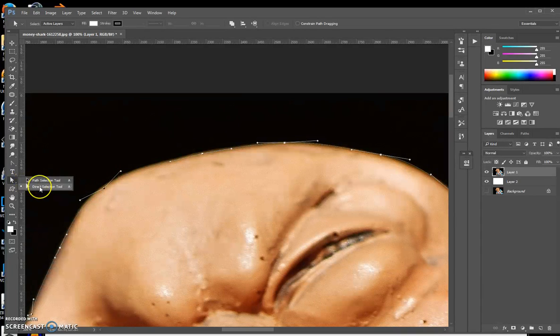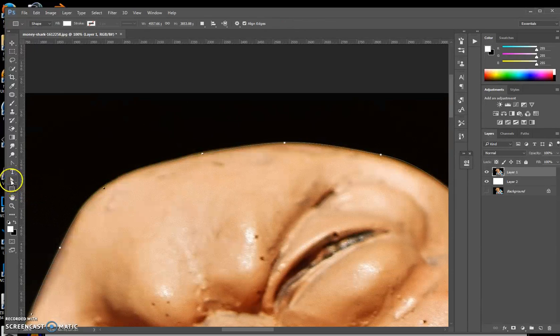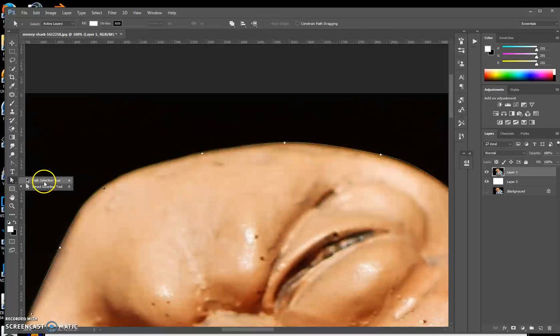So we're going to go to the direct selection tool, which is above this little icon, or actually it might not be that. You might see the rectangle tool. So it's right above, and there's 2 different ones, path selection and direct selection. You want direct selection, so the white arrow. Okay, so I'm going to click on the point that I want to change, and then I'm going to hold it and move it up a little bit, just so I can get the majority of what I need to